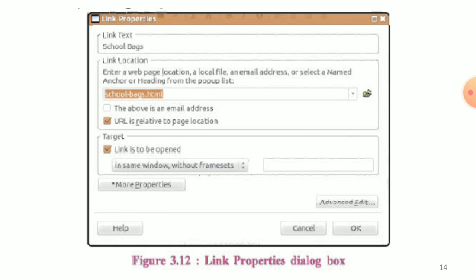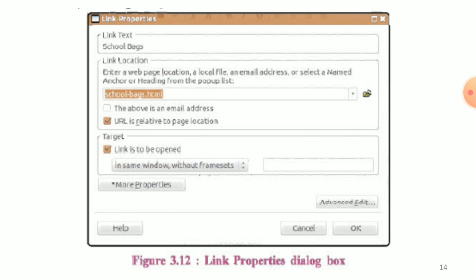Before inserting the images of the items and their details on the home page, let us create a link on the different categories. Clicking on a category will open the related web page. Open the index.html, and to create a link, select the school bag, go to the Insert menu and then Link. This will open a dialog box as shown in figure 3.12. Under the link location option, select the file to be opened, schoolbag.html, and then press OK.